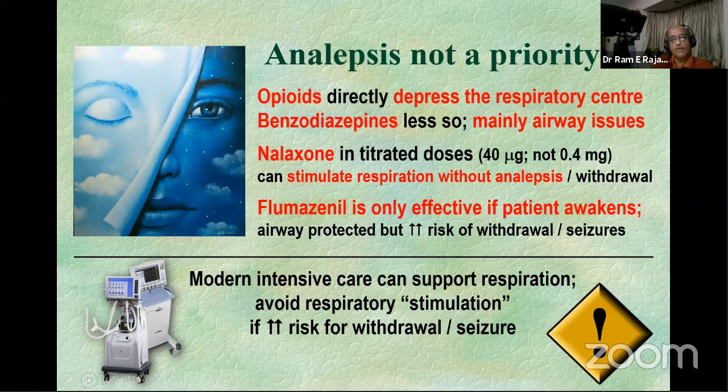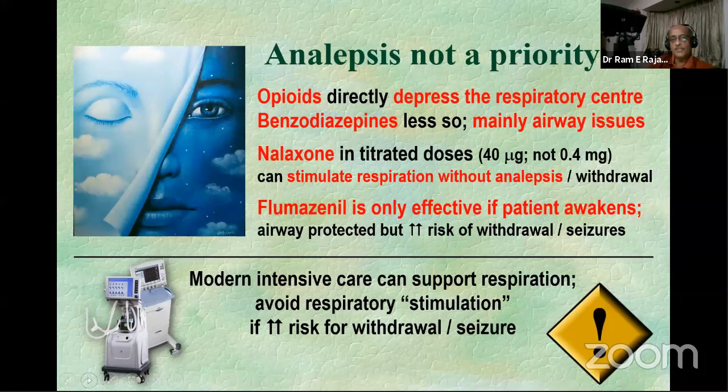And so the argument is a titrated small dose of naloxone, repeated appropriately, can be an essential component of a cocktail when you're suspecting opioid overdose. But in flumazenil, for it to be effective, you also need to have the patient awaken, and the chances of a withdrawal reaction with benzodiazepine awakening, potentially even provoking seizures, especially if the patient has co-ingested other agents, is very high. So in general, people will say, don't even consider using it, even if you have a suspicion of a benzodiazepine.